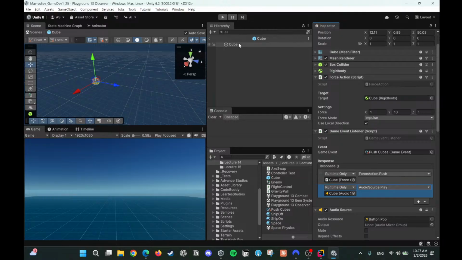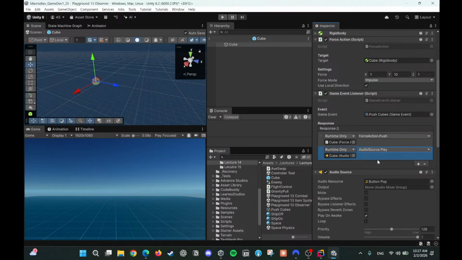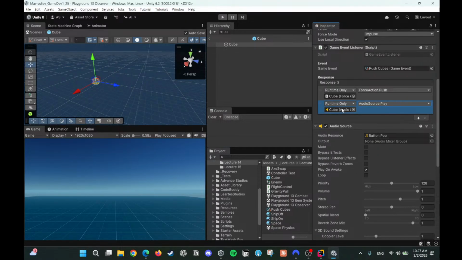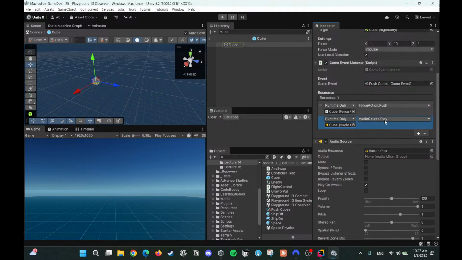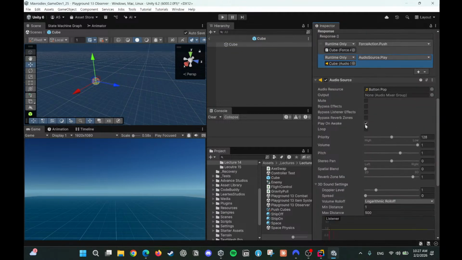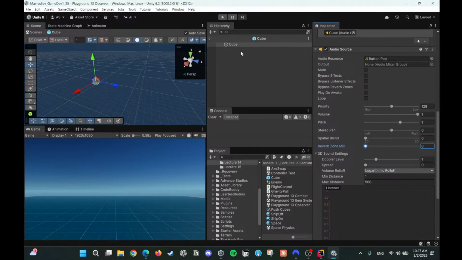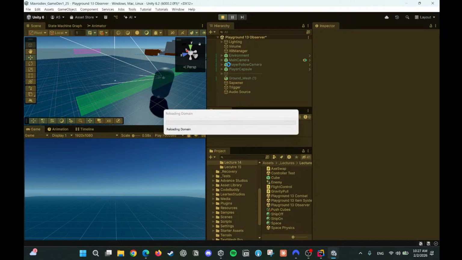So you see, I just have the prefab, and on the prefab I'm adding an audio source and linking it to the response to whatever event it's listening to, audio source play. Of course, it's not going to be playing on awake. In this case, given it's a sound effect, it's not spatialized, so we don't need this one. Maybe we don't need the reverb zone as well. And now if I play the game here,